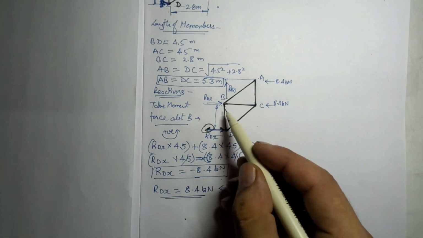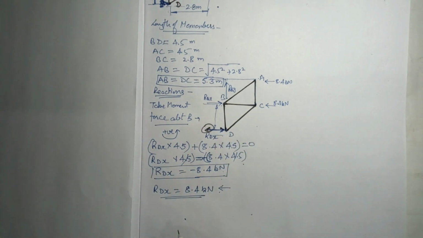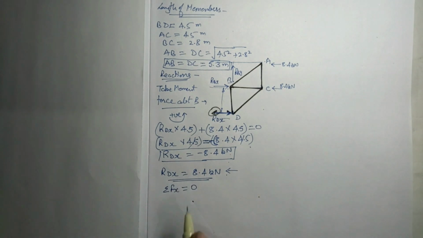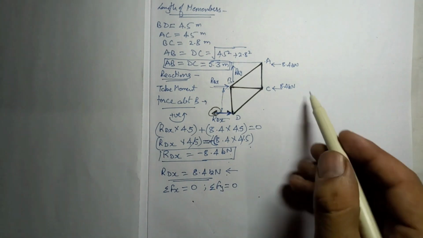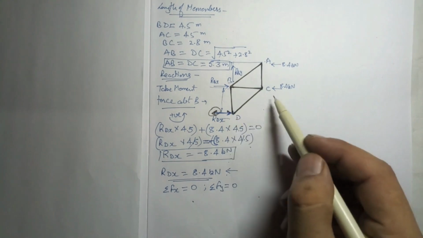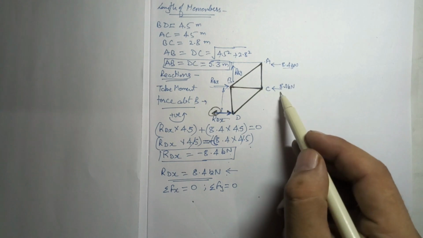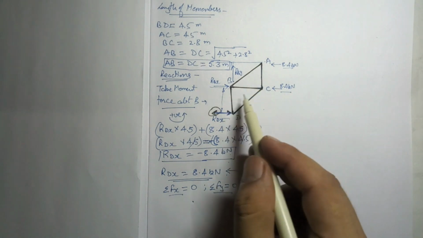Now we can apply the same moment of force equation at point A. This is also a way, but it will be very easy if you go for the summation of Fx, summation of Fy, that is equal to 0. It will also be the same method. But when you apply summation of Fx equal to 0, or summation of Fy equal to 0, actually we are talking about the forces which are acting on the structure, not the forces in between the members. Meaning the external forces like 8.4, 8.4 and the reactions, that is only the sum of Fx and Fy. We are not considering the forces inside the members.